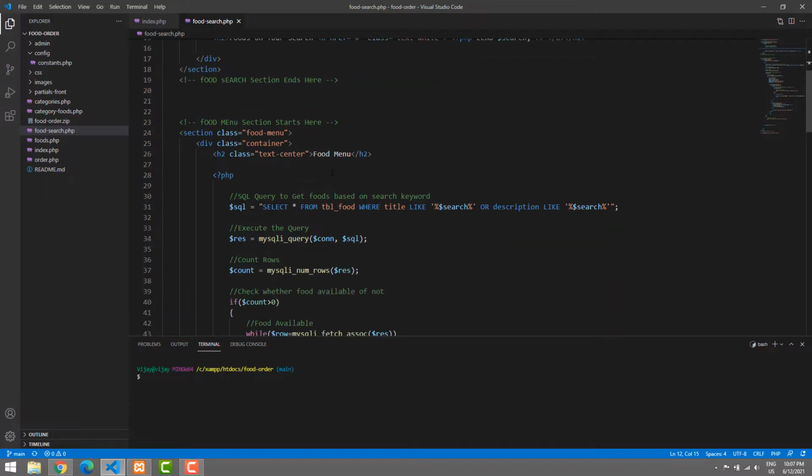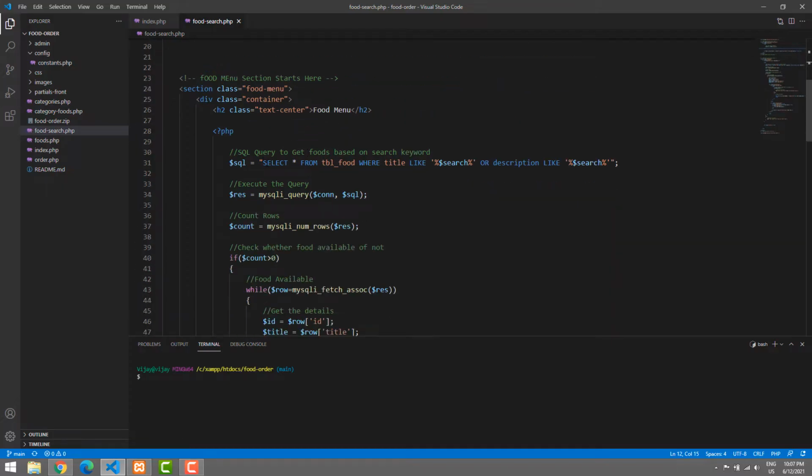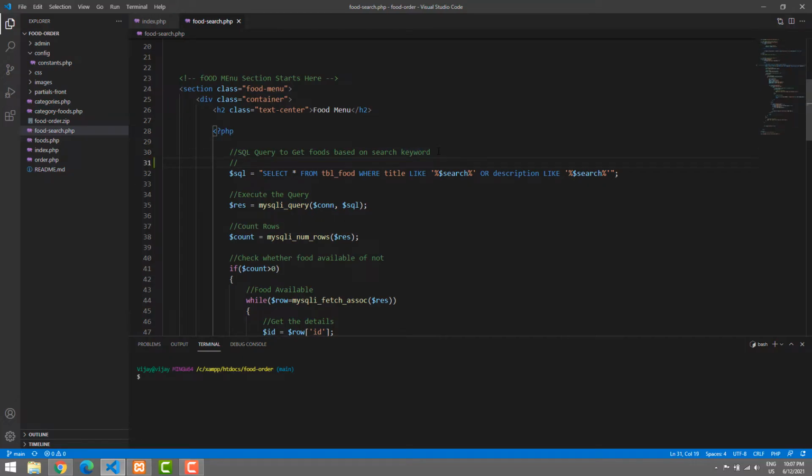So let's go down here. Here we execute the query, and while executing the query, we pass the source content. What it looks like when we pass the single quote is, I will comment out here, and it will be like: select asterisk from tbl_food where